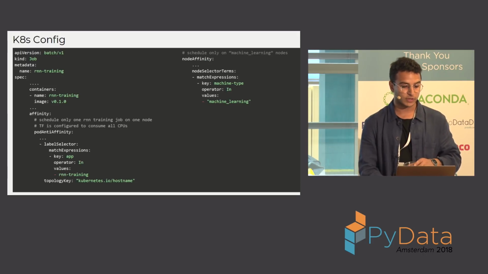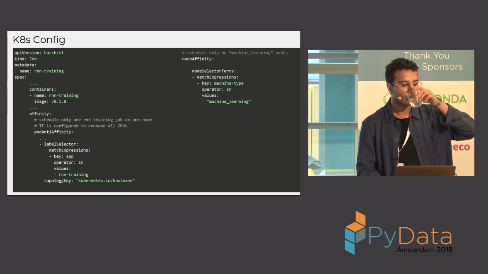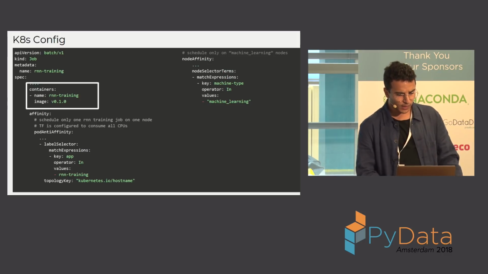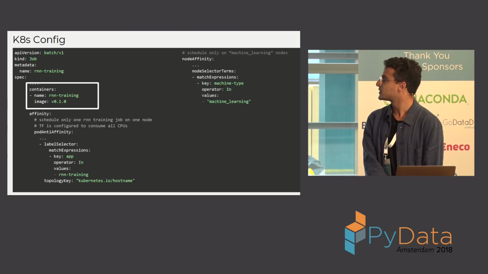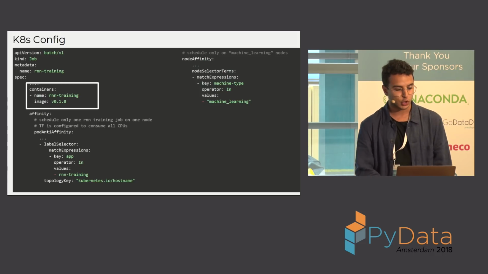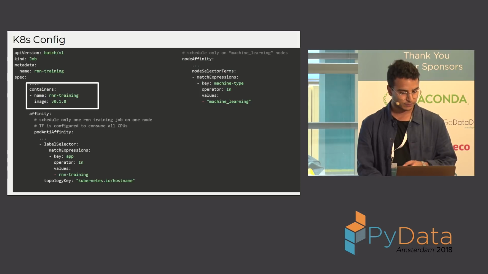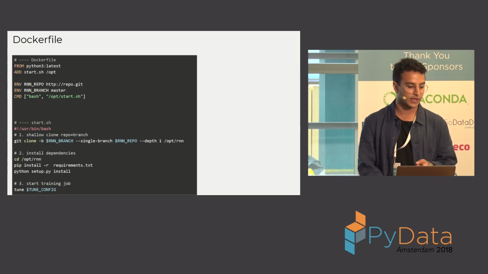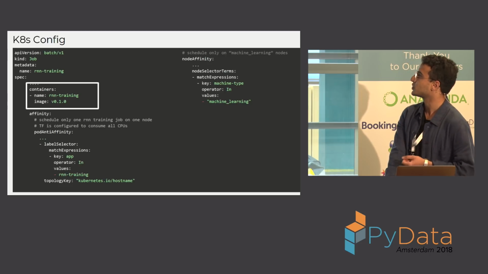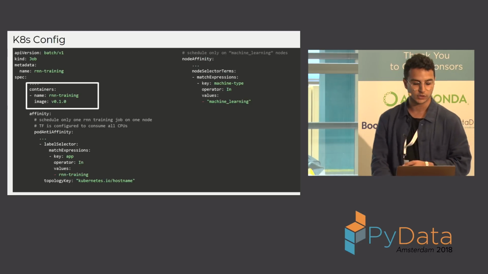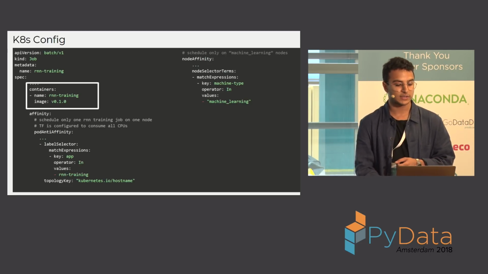So the next thing is the Kubernetes config. So first thing is we will pull the image. So I now push this image as RNN training. I gave it some version. And the next thing will be how to run this container, how to run it in Kubernetes, right? So I pull the container. So in the definition, I tell Kubernetes which container to run. That's one thing. The next thing is the affinities.